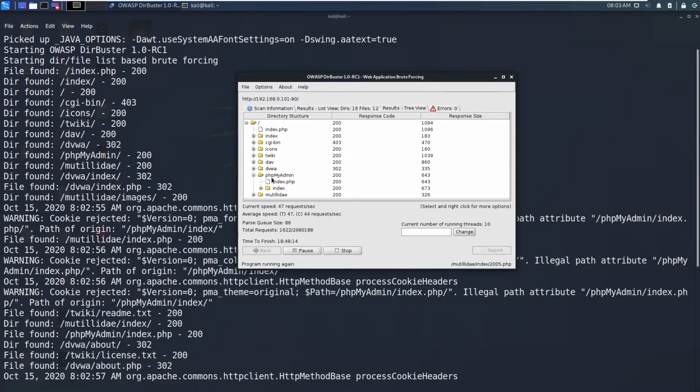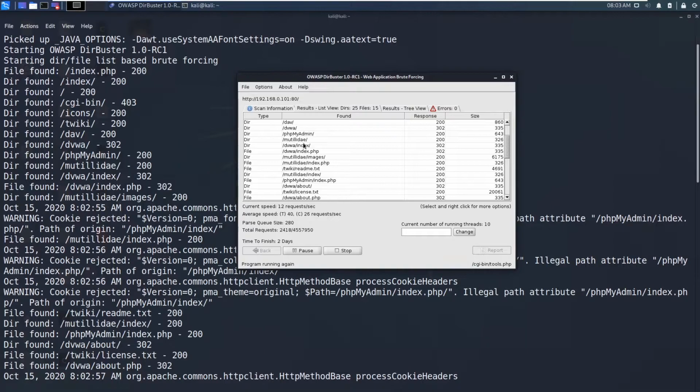Since it's running on Linux, it's called a LAMP stack. It comes with PHP, MySQL, and the Apache web server, and it's running some vulnerable applications. You can see that if any new files are discovered, they will be added to this tree format. You can also see the list view.